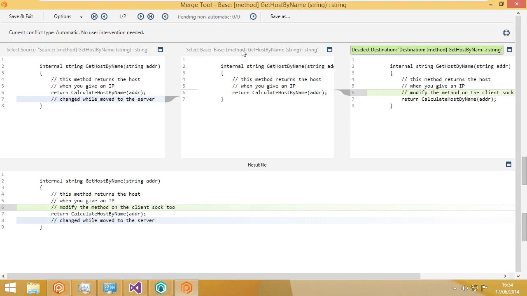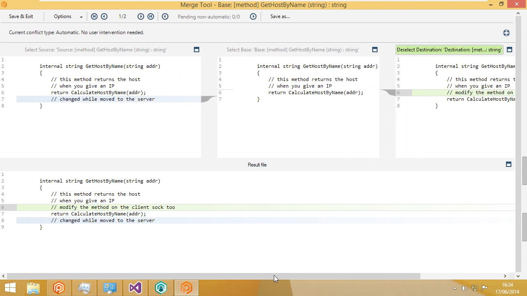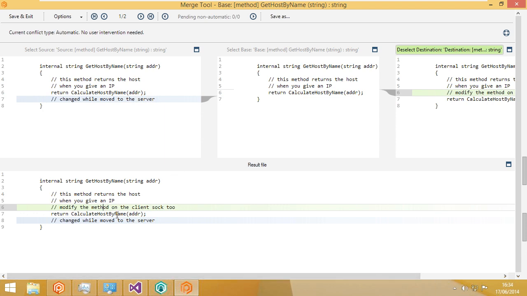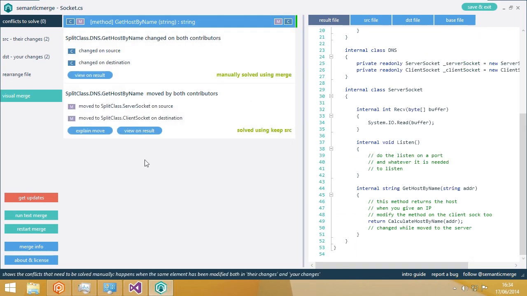And when you go and merge it, you see a traditional merge tool just to deal with the body of the method. And that's basically what I do, right? So in this case, I'll merge the 2 comments together. They're just comments, right? So one on the line number 6, the other number 8. So I merge it together. And then I go, well, view on result, and I see, hey, I get the method on the location I wanted with the body merged. And that's all about